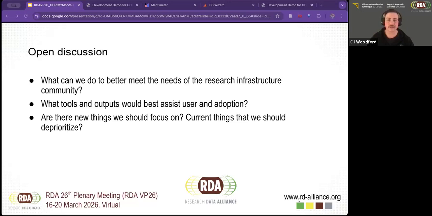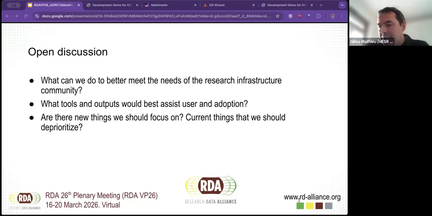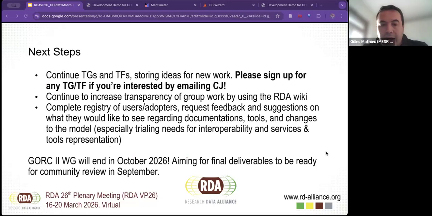Yeah, Lars, just to expand a bit on that. When we started working on filling the GORC model for our institution, our research commons, one of the big feelings we got from people is, oh wow, that's huge. We will never have the time to get into it. So starting from something incremental, like look at the big picture, fill the big picture, and then if you want details, you can go deeper and deeper.